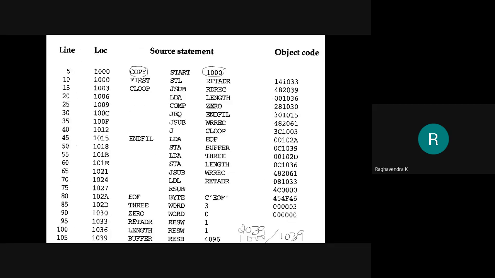Of course, I have not specified the end assembler directive here. So if an end assembler directive has not been specified, or if end only has been mentioned, then the first instruction in your program itself will become the first executable instruction. So which is the first instruction here? This is the first instruction. What is the starting address of that? 1000. So I will write here 1000 from 2 to 7, right? So 2, 3, 4, 5, 6, 7. So I have completed my end record.